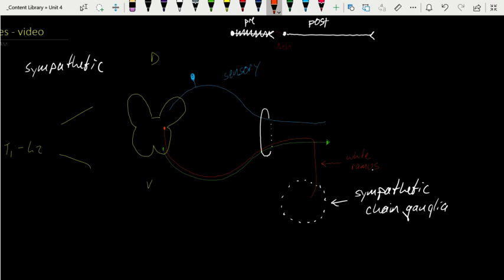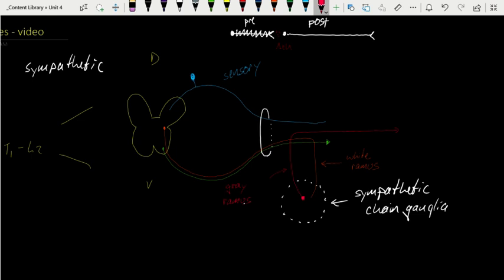All of the sympathetic preganglionic neurons will follow this route. However, what happens in the sympathetic chain ganglia will help us determine where they're going. Because we're going, in this case, to sweat glands, we are going to synapse and travel actually back into the spinal nerve. However, because we know that the postganglionic neuron is unmyelinated, therefore gray, we call this structure the gray ramus. And we know that if we follow that route, in other words, we synapse in the sympathetic chain ganglia,